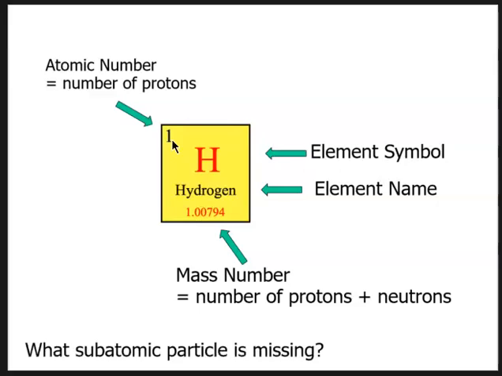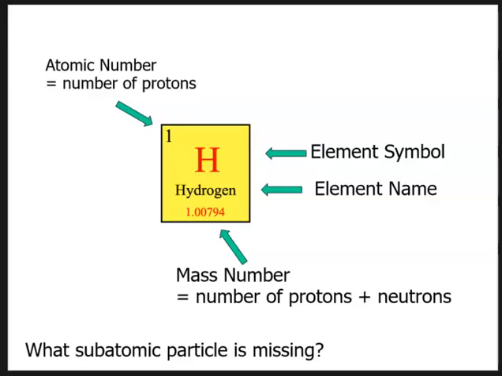But what subatomic particle is missing from this? We should say electrons. Now, there are a couple of different reasons why this might be the case. One, you can assume that the number of protons is equal to the number of electrons. So, hydrogen would have one electron because it has one proton. But also, when one atom bonds with another atom, they can tend to donate electrons or share electrons. So the number of electrons that a single atom has could change depending on if it is bonded to another